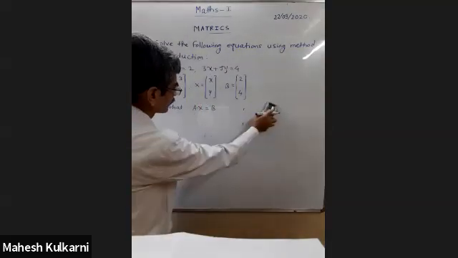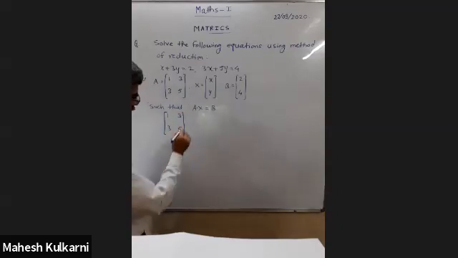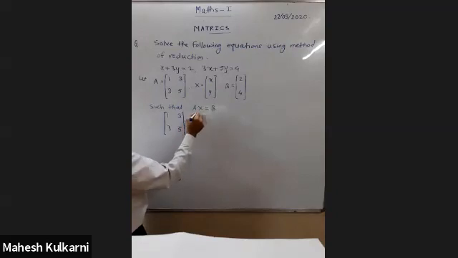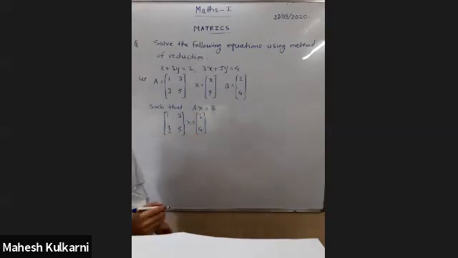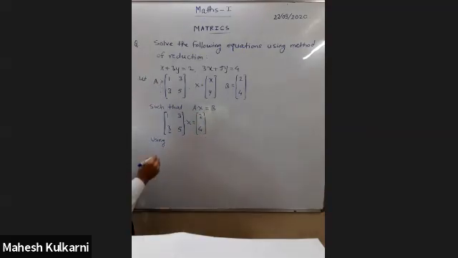Now see, write the matrix equation. Matrix equation means write this A, it is 1, 3, 3, 5, into X equal to B, it is 2, 4. Here we neither have to find the adjoint nor the inverse. Now we have to make a 0 here to get the upper triangular form. To bring 0 in place of 3, use an elementary transformation. Here we can only do row transformations, not column transformations.